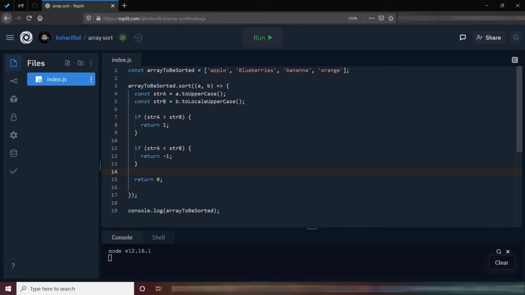Now we should get apple first. We are getting it as we expect: apple, banana, then blueberries, then orange.